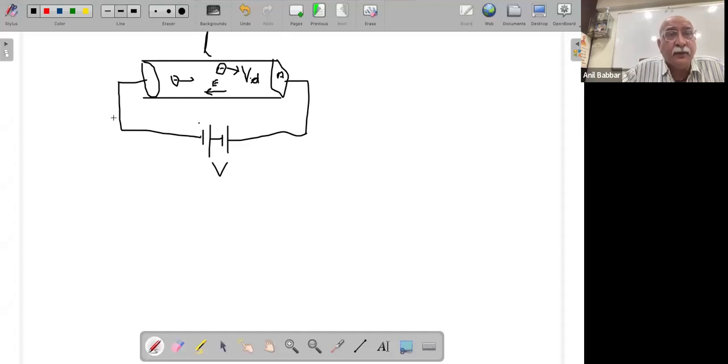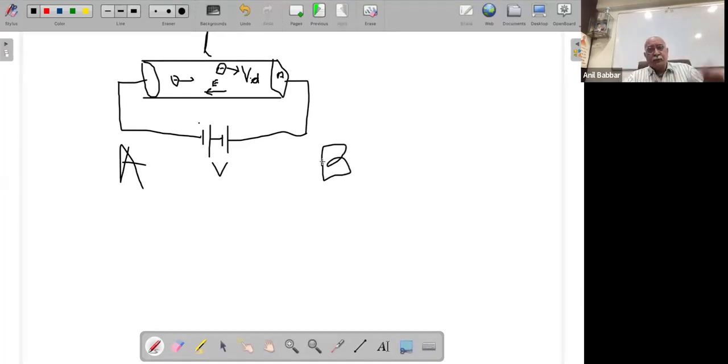Here we have a goal post, say A, and this is goal post B, and players are trying to move the ball. Players of team A will tend to bring the ball towards goal post B, and players of B will move the ball towards goal post A. Fine. And when they are hitting the ball, every time there is a collision, the ball changes its